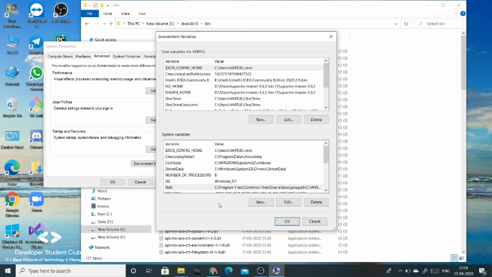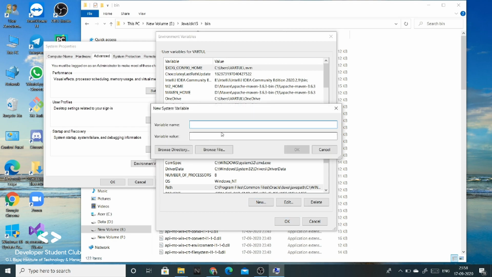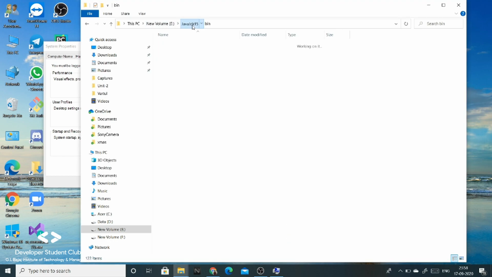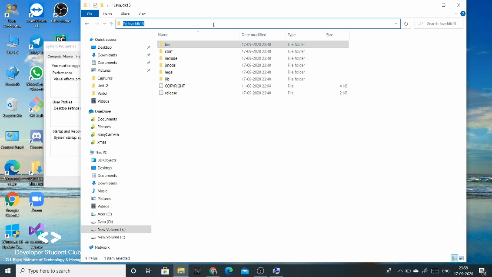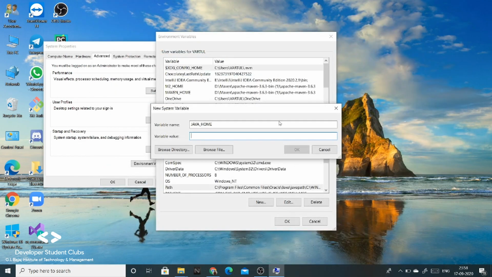Now we will add two more system variables. So click on new. The first variable name will be JAVA_HOME. Make sure you write everything in capitals, and the value will point up till Java JDK 15, not bin. Control C and Control V, and then click on OK.